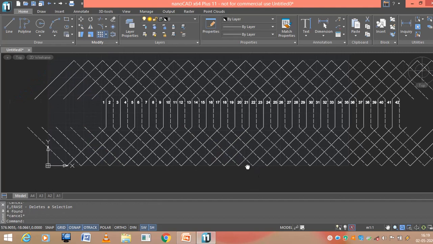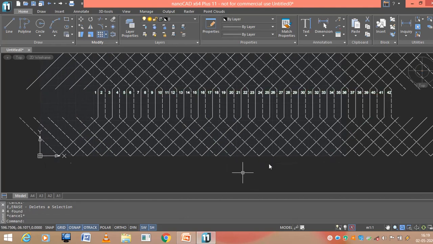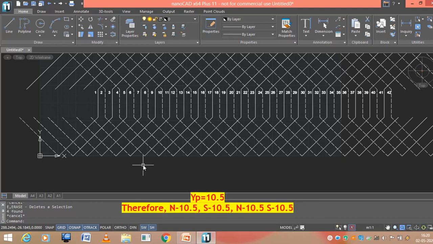Yeah, this is your back end connections and then the front end connections. If you want, you can check with the winding table. Okay, the value of pole pitch is 10.5, right? So it means 10.5 conductors are under the north pole, another 10.5 conductors are under the south pole. Since I have 4 poles, again 10.5 conductors under the north pole, 10.5 conductors under the south pole.